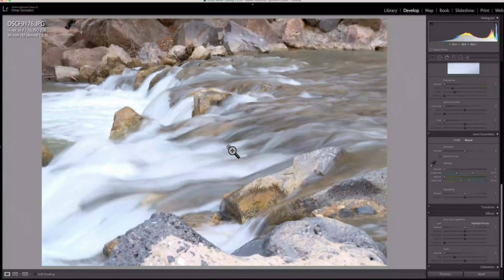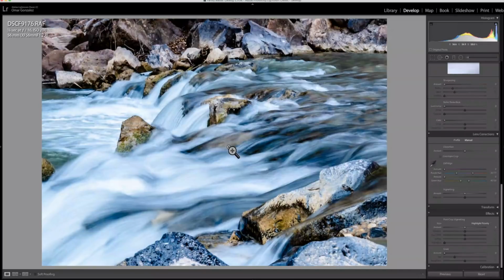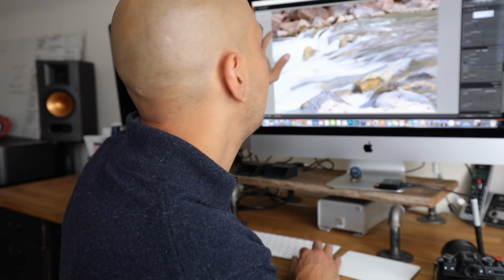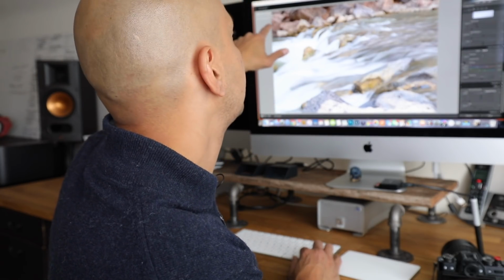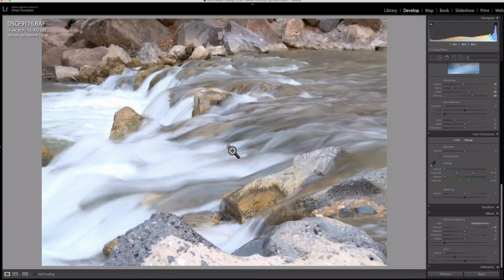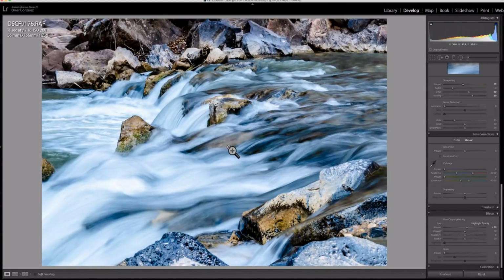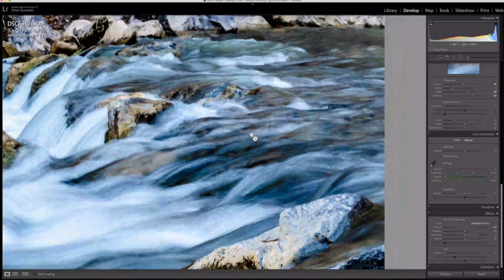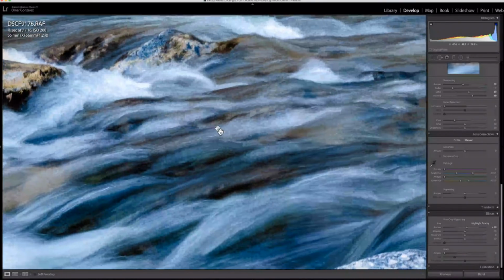So this is actually what I got out of camera, the JPEG. I was at 1/8 of a second. And by the way, I didn't have an ND filter, so I went f/16, and that's the slowest I could go. Those of you that know about ND filters and all that stuff. So I'm happy with this. If you look over here, you can see that these look like just brush strokes, crazy little Monet,